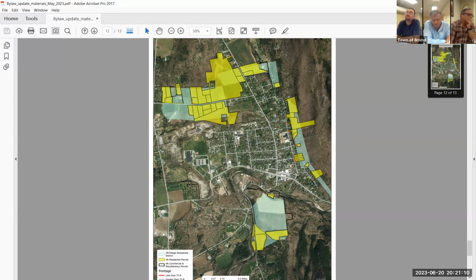The intent of the district is to extend the character of the village into adjoining areas that are currently less densely developed to provide opportunities for residential growth in proximity to downtown Bristol. So I read that and it could be transitional and not quite as dense, or it could be basically very similar. And that's above my pay grade.